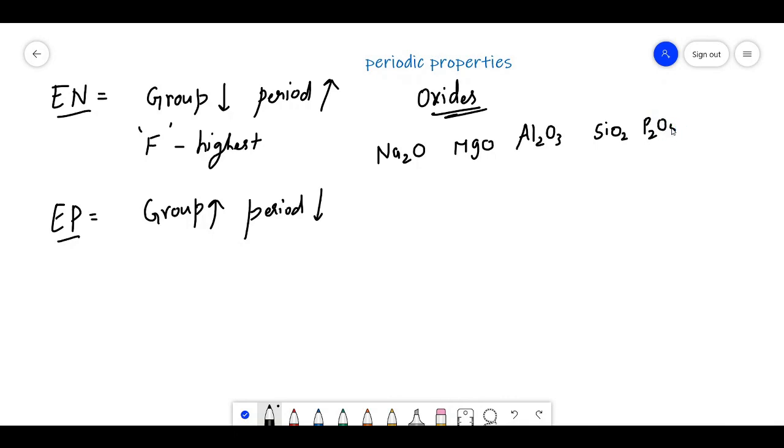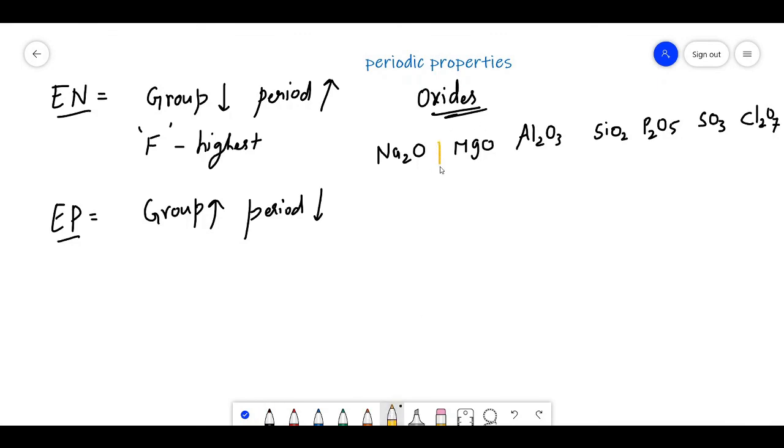P2O5, and sulfur will form SO3, chlorine will form Cl2O7. So these are the oxides. And in these oxides,